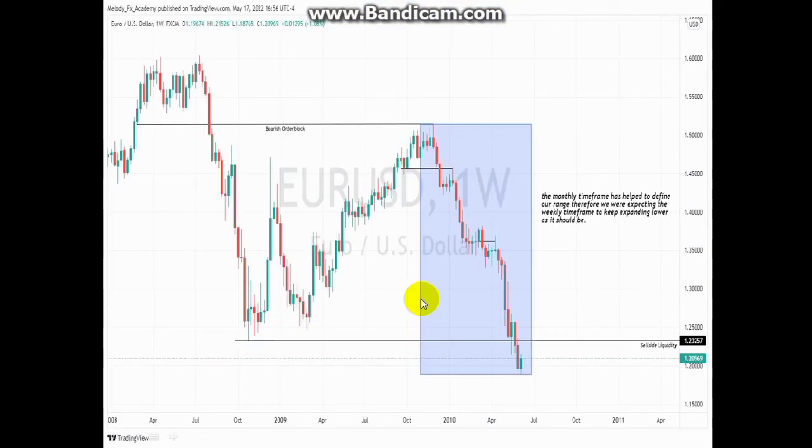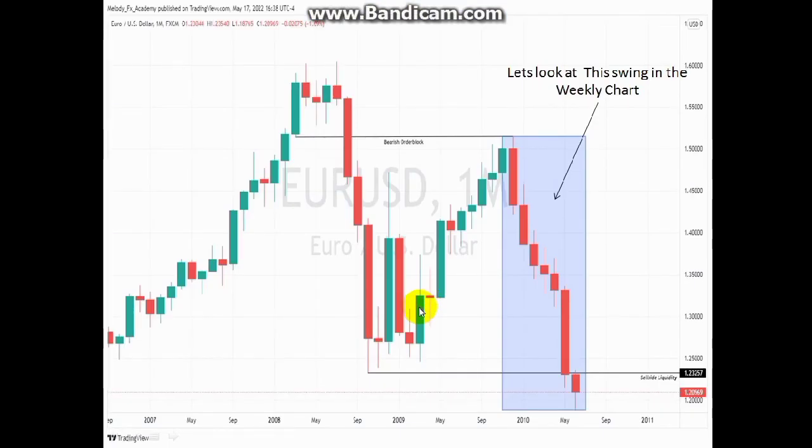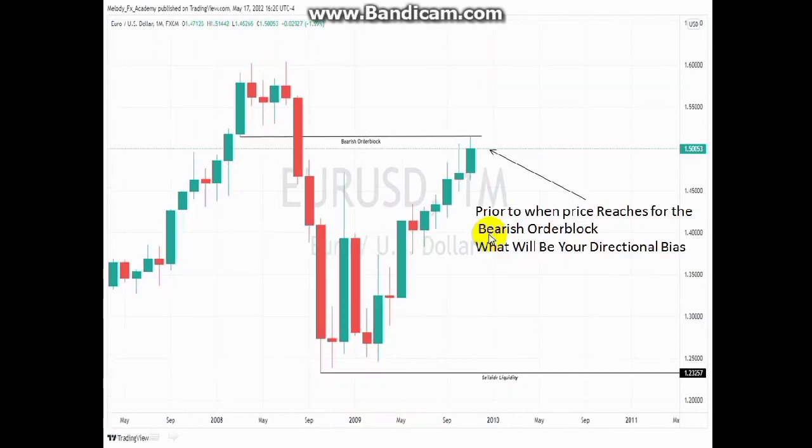So the takeaway of this video is that I want you to go to your monthly time frame and backtest this on any asset class. This is actually the Euro USD, but it can be the Australian dollar, it can be the GBP USD. Try to look for a single setup from the monthly time frame, and just like I have done, follow the process of how I did this.